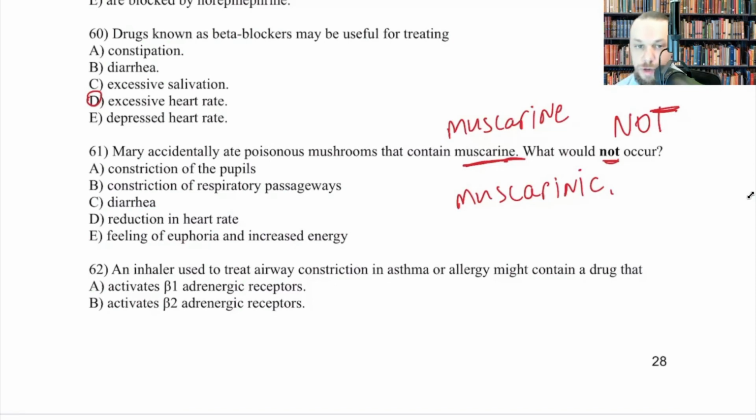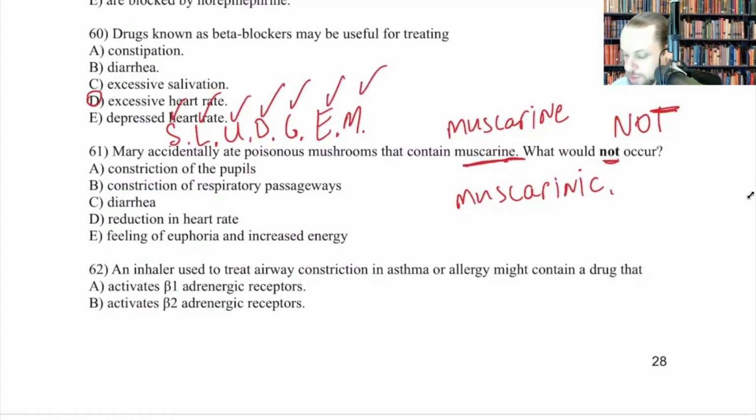And another way you could remember this is SLUDGEM. SLUDGEM is the mnemonic you use when there's excessive acetylcholine stimulation. So you have salivation, lacrimation, urination, defecation, gastrointestinal distress, emesis, miosis. So we've got to look at this, right? This question is saying all of this will happen except